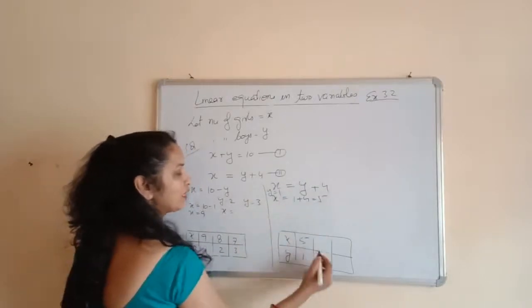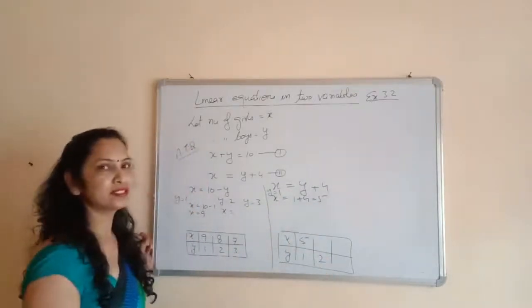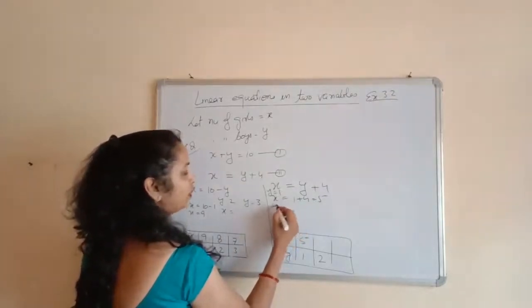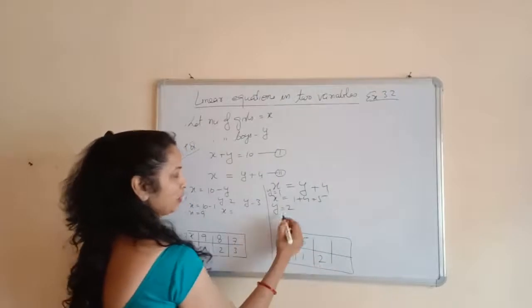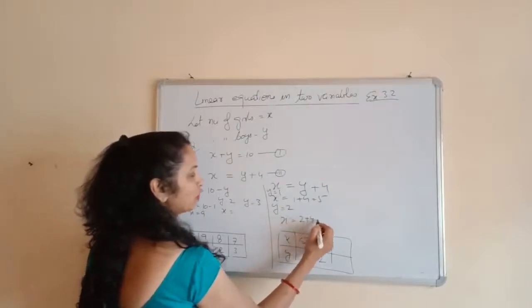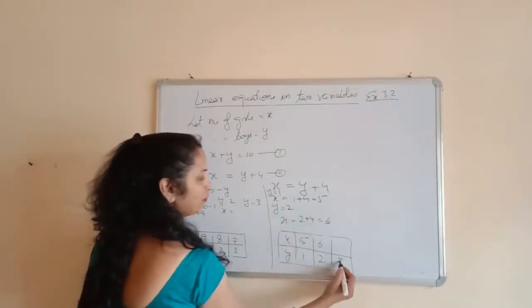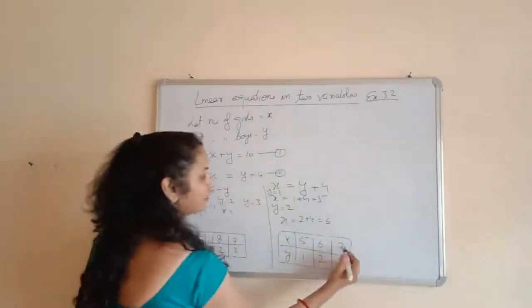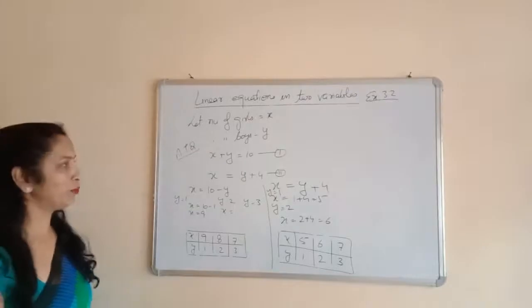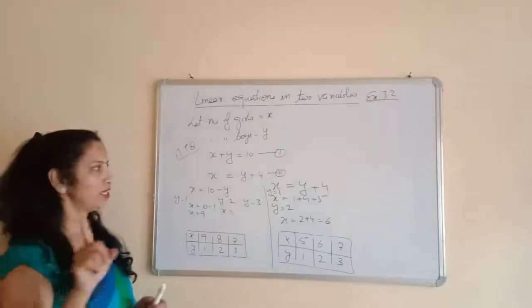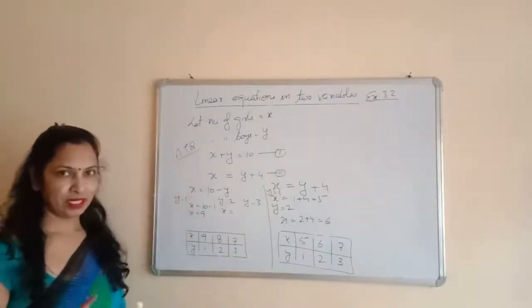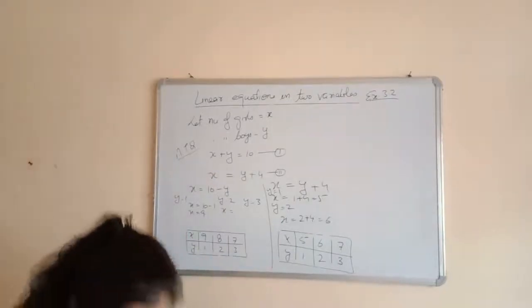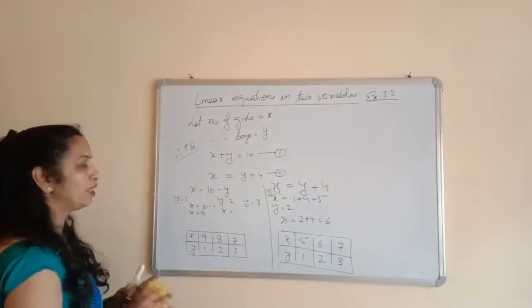If we put the value y is equal to 2, so any value you can take like 1, 2, 3, 4. So if we put y is equal to 2, then x is equal to 2 plus 4, it will be 6. And if we put y is equal to 3, the value will be 3 plus 4, it will be 7. So first of all, for both the equations, first thing is you have to make the equation. Second thing is you have to make the table for the equations. And then you can draw the graph by these tables.